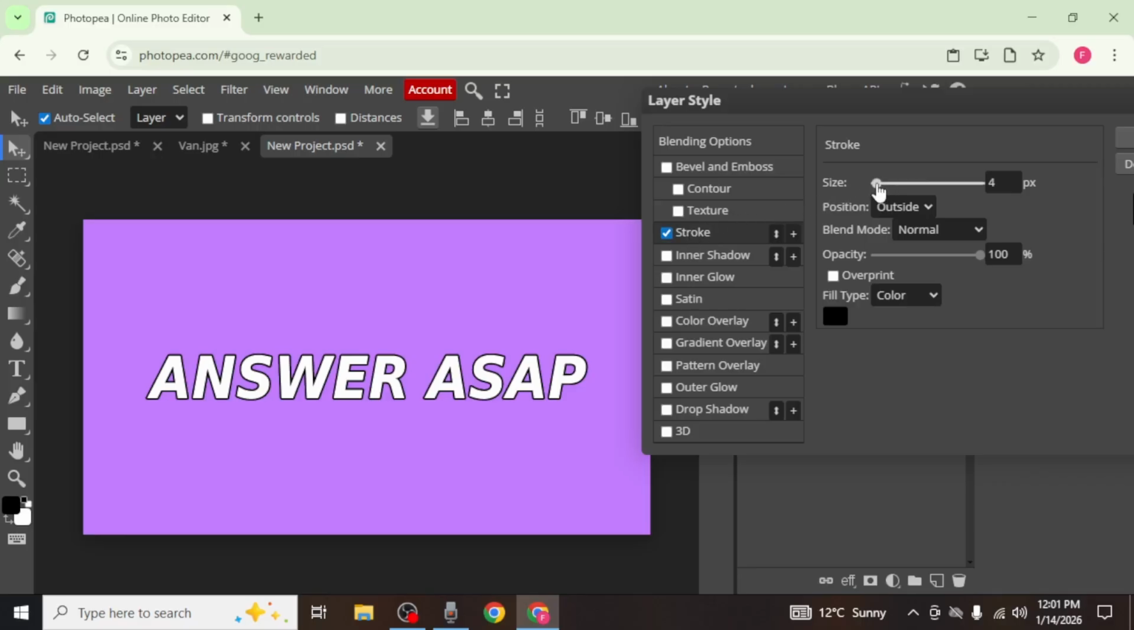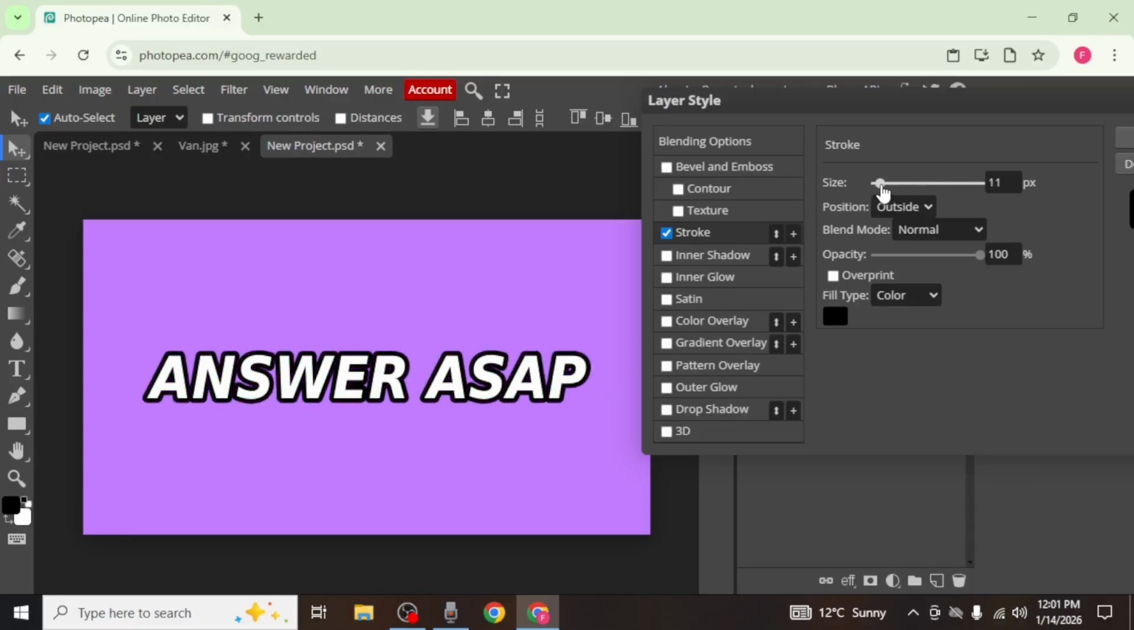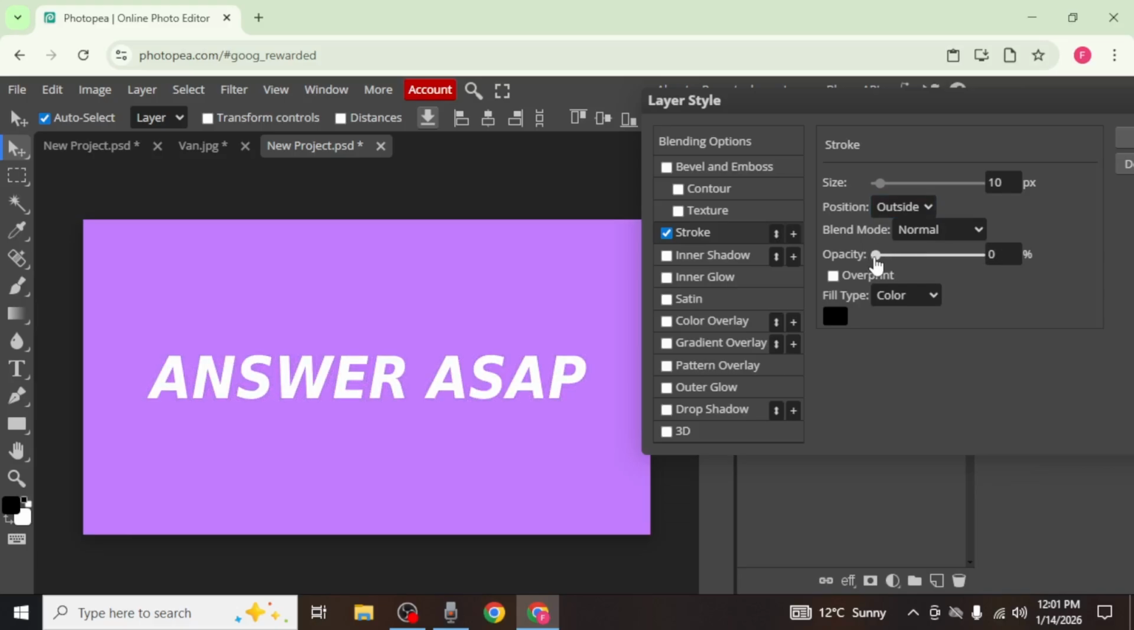First, adjust the size slider to control how thick or thin the outline should be. Increasing the size makes the outline more visible, while decreasing it creates a subtle effect. Next, choose the position of the outline. You can place it inside the text, outside the text, or centered along the text edges. You can also adjust the opacity to make the outline lighter or stronger, depending on how prominent you want it